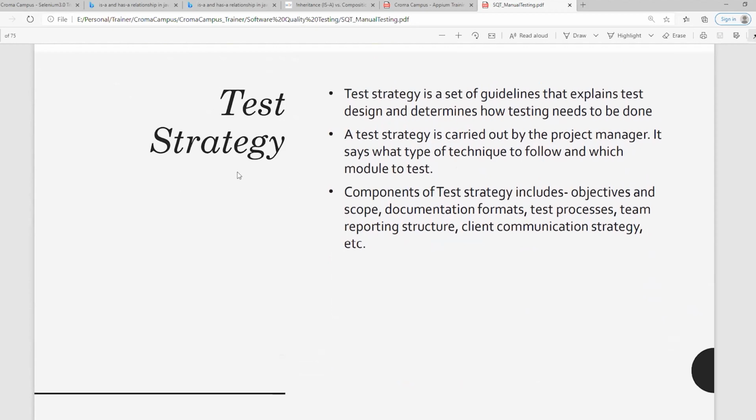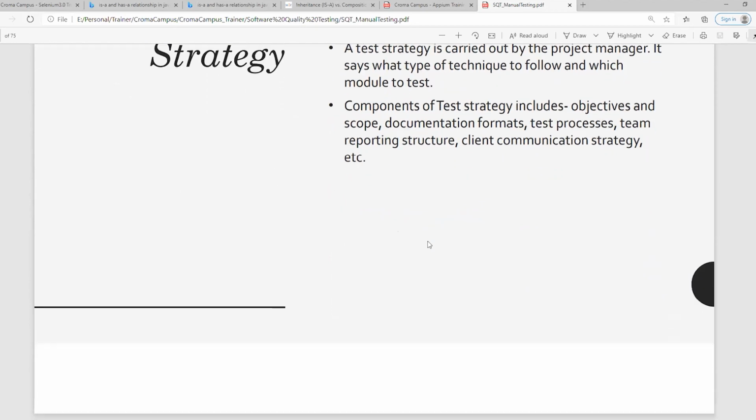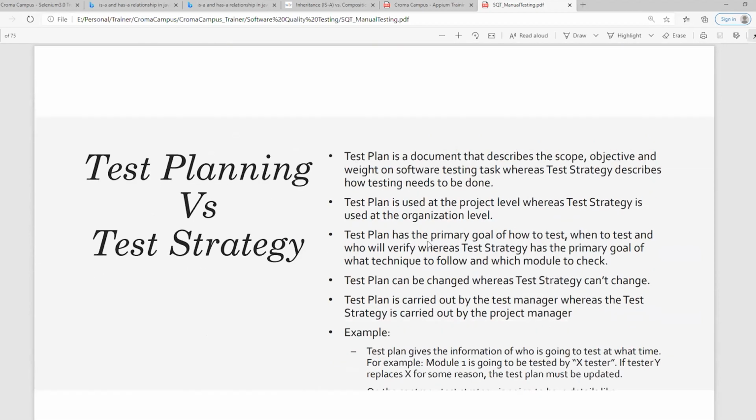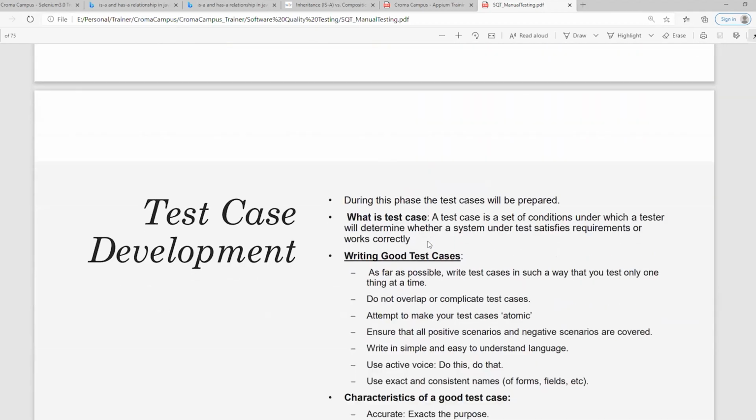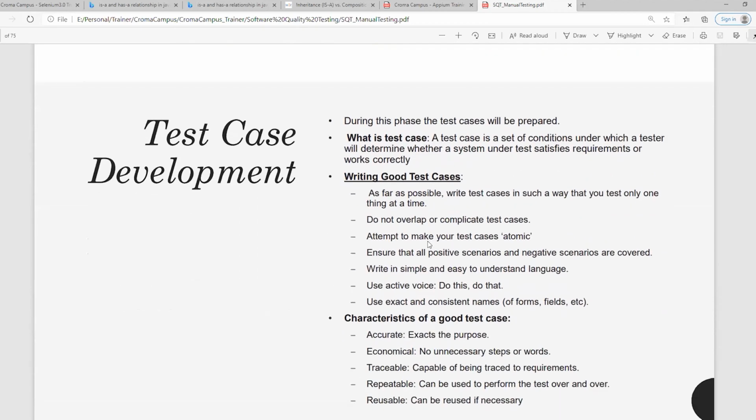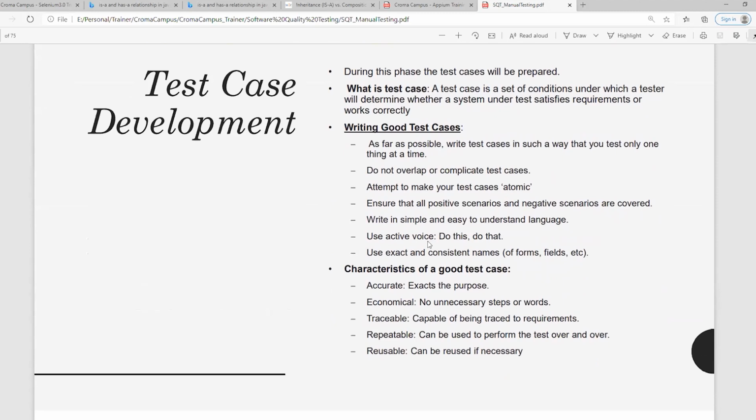Okay, then we have to discuss about test strategies. In this we discuss what is test strategy and how it is making a difference with the test plan, and what are the main points on which we have to work. Okay, then we will discuss about test case banana kaise, how to develop these test cases out and fetching the